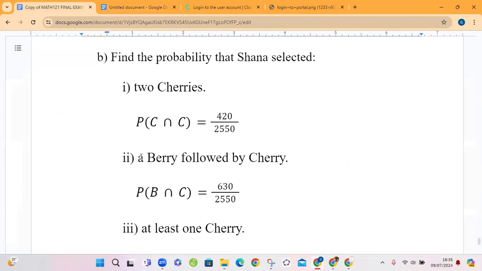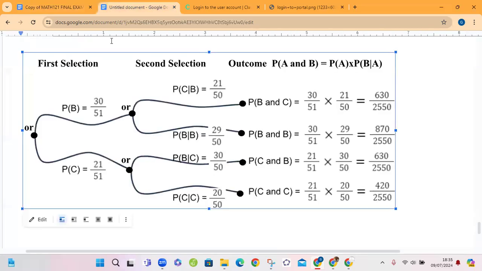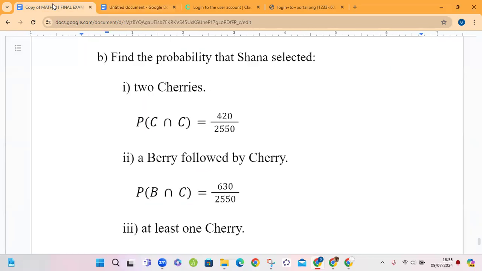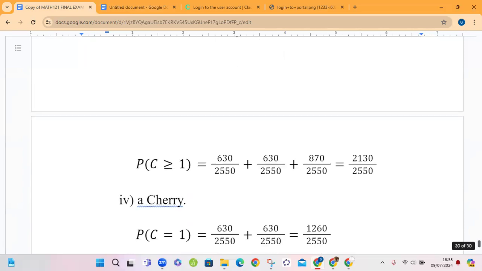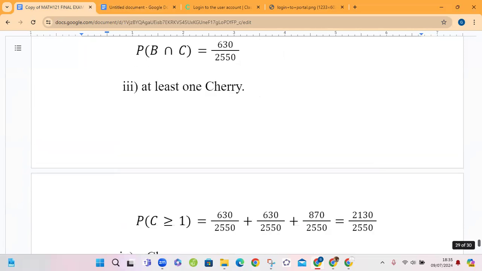What is the probability of us selecting a berry followed by a cherry? Berry, then cherry. As you can see, berry, then cherry, 630 over 2550. And at least one cherry, meaning it could be one or two, so you simply add all where cherries are present, because she can select a cherry